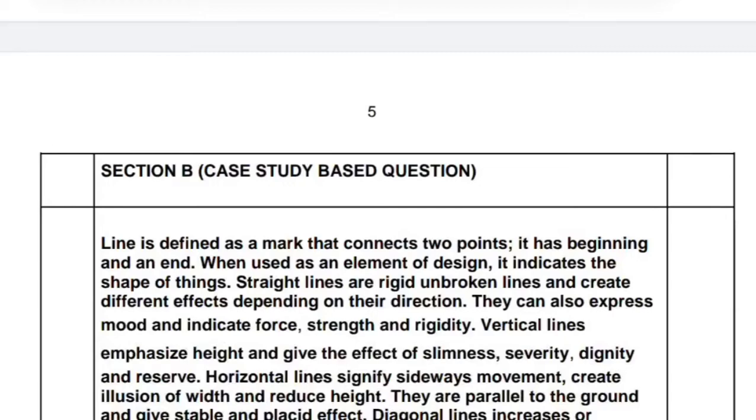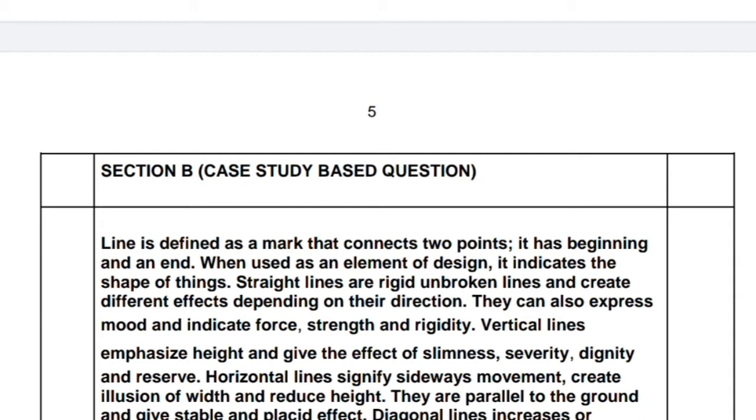Our target is nothing less than 100 on 100 will do. So, towards that direction, we are all moving, and I know you're all with me in home science. We have already discussed the paper pattern, we have seen the sample paper, we were doing a few MCQs, and let us now begin with a few case study based questions.